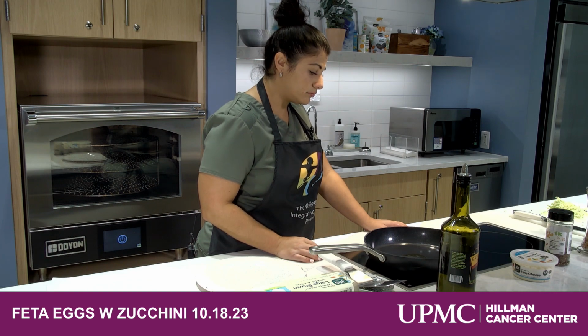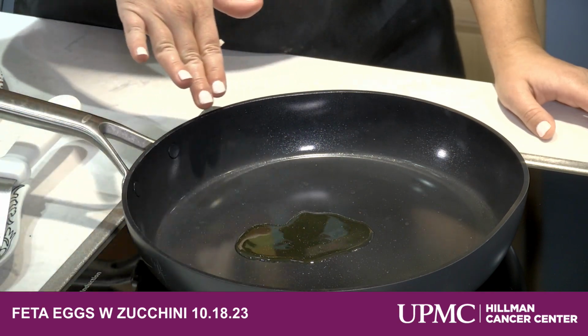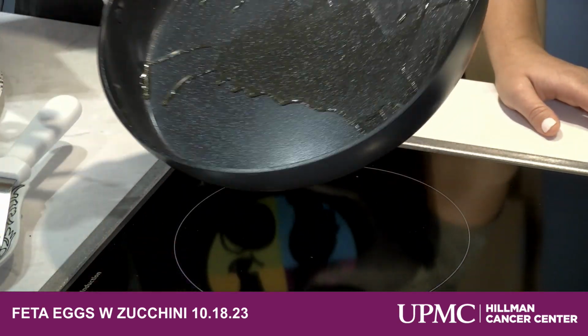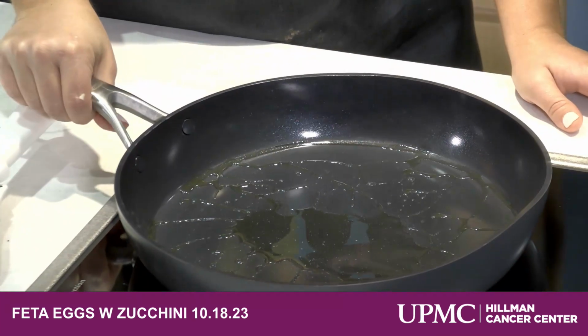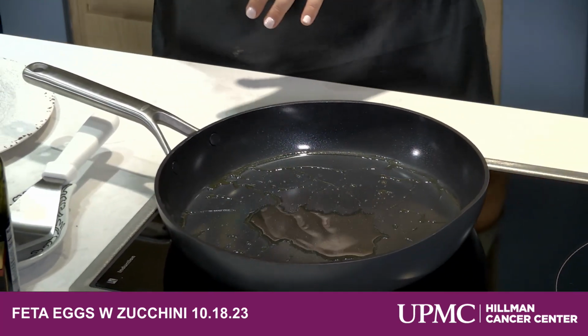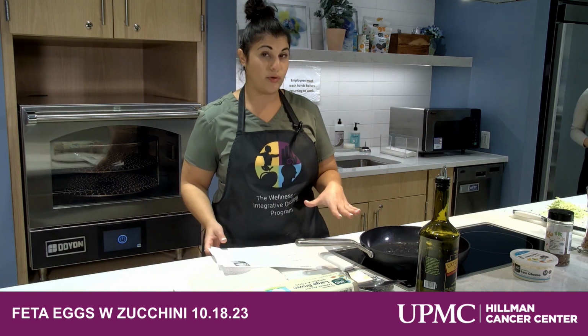Okay. There you go. Can you tell it's growing? Yeah, because it's hot, and then it's going to easily just coat the entire pan. Okay, it's going to spread. All right, so what you're gonna do is then add the oil, then the onion and the zucchini straight to